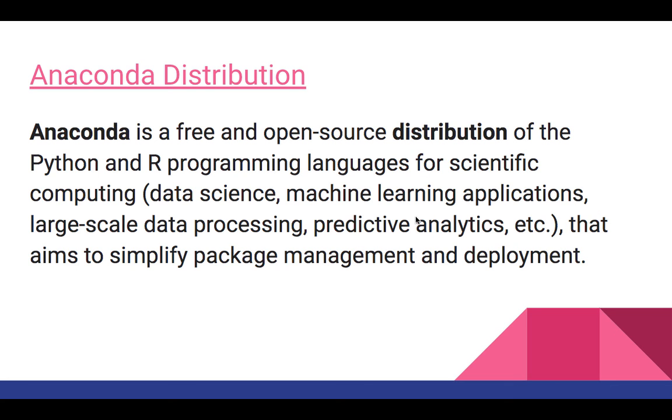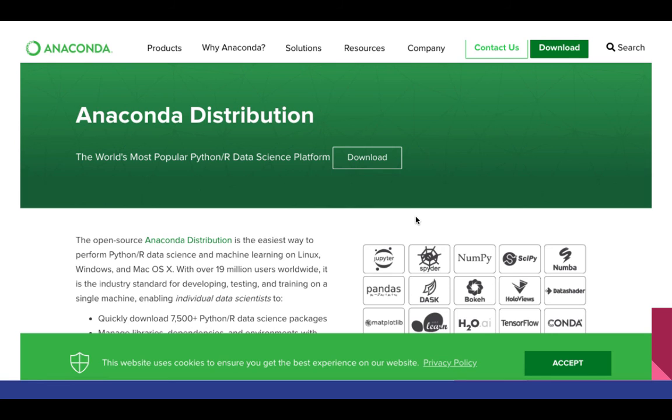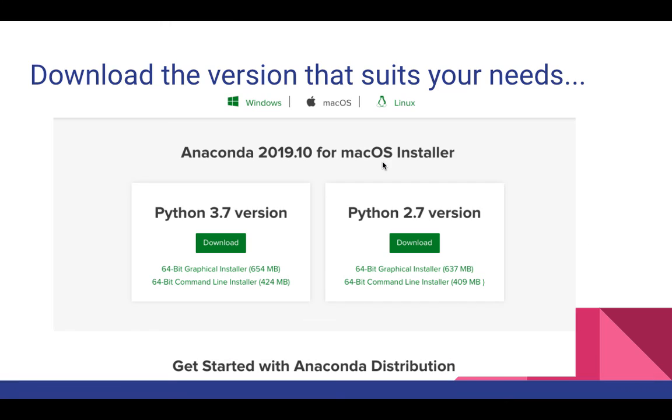Here we have the Anaconda distribution homepage, which shows you how to download. You'll click the download button and you'll click the 3.7 version. It should download in about 15 to 20 minutes. When you download it, you will open it up and save it to your desktop as a file